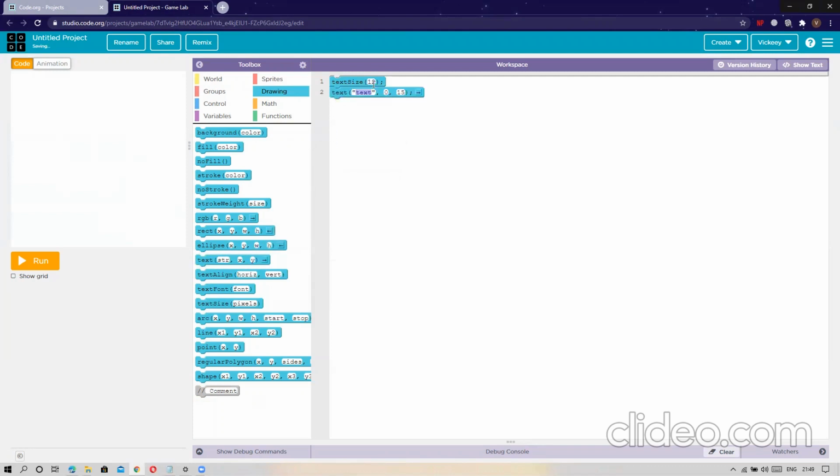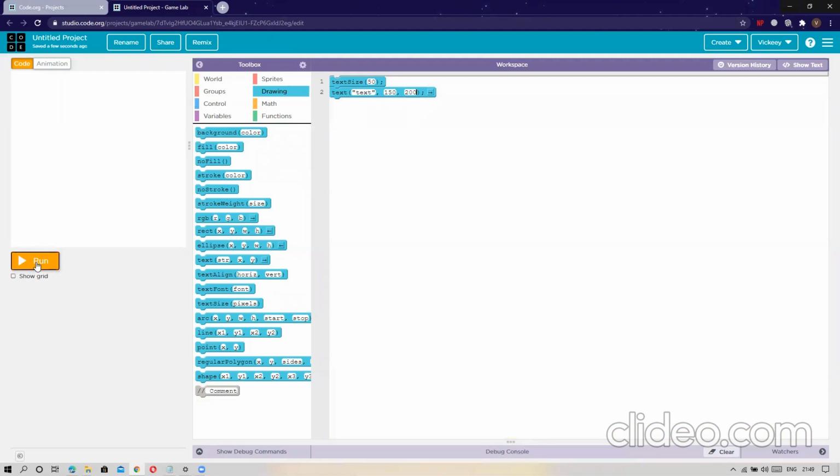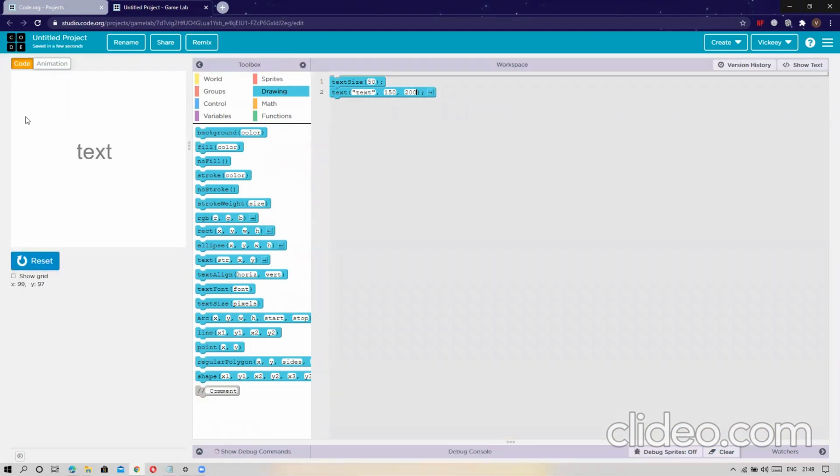As you can see in the output screen, in the upper left-hand corner there is a text. We will increase its size, make it 50, and change its coordinates so it can come to the center, 150, 200. I will play it again. Now as you can see, the text size is bigger and the text has come into the center.